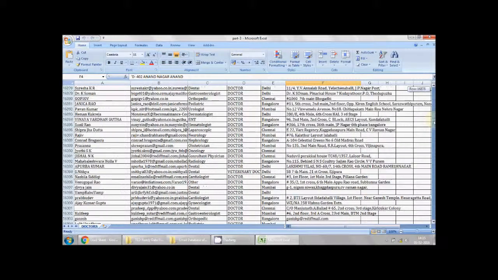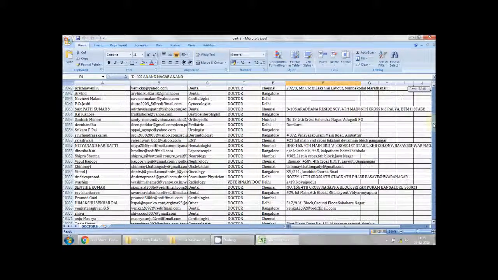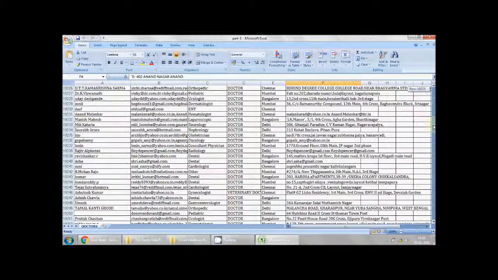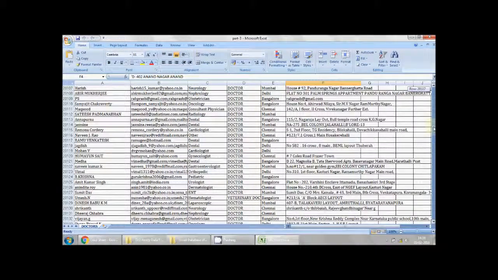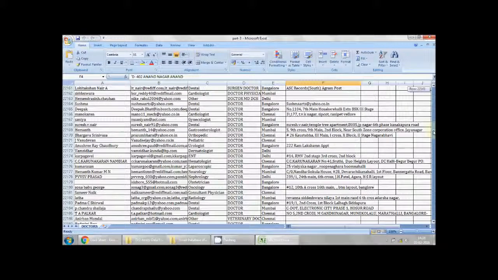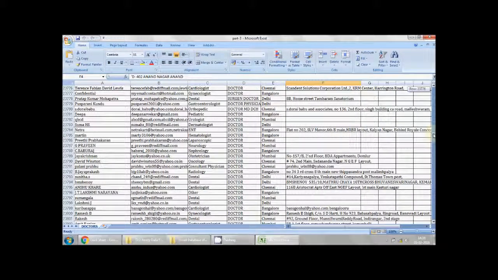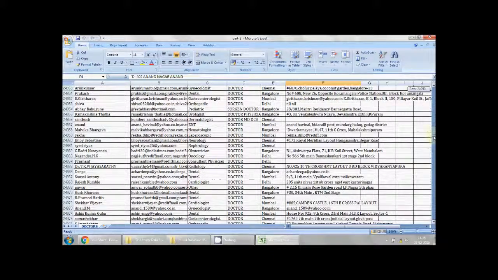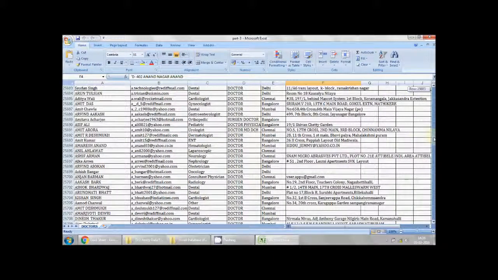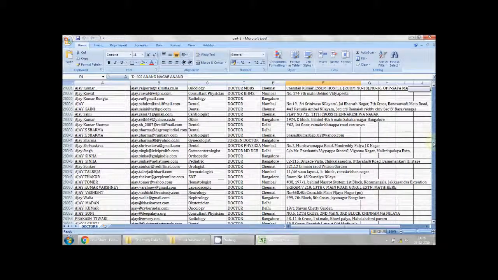So this is how the data is. As you can see, in every record you will get the email ID and the name. Email ID and name are the main attributes of this data. We call them the main attributes in the data. So every record will have these 2 fields. Okay, the address and city columns are also here. So at any point of time, if you want to target a particular city, you can also do that just by filtering the city column